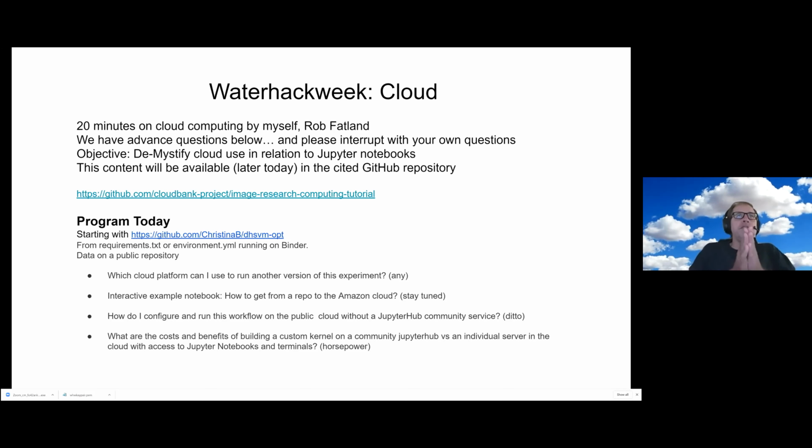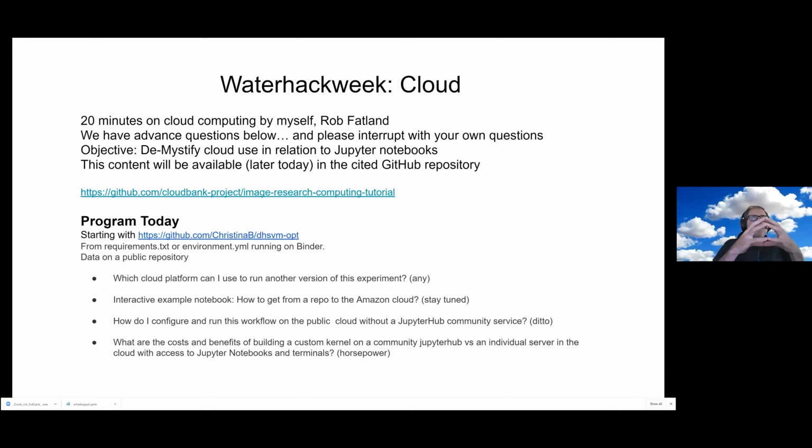So my objective is to try and demystify cloud use, if there is any mystery, in relationship in particular to Jupyter Notebooks, Jupyter Notebook servers. There is a repo that goes through the stuff that I'm going to talk about, and I'm going to use the opportunity that I had to create this talk to augment that repo with this talk. So it's a little bit of a cart and a horse or a chicken and an egg thing, but the point is that we have a repository that's Christina's